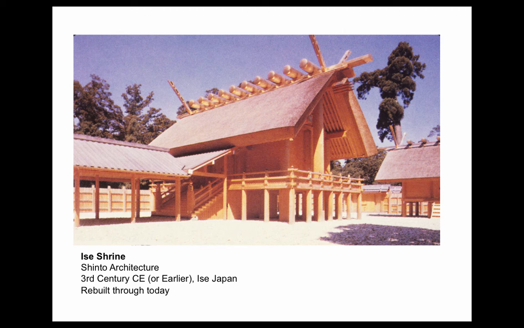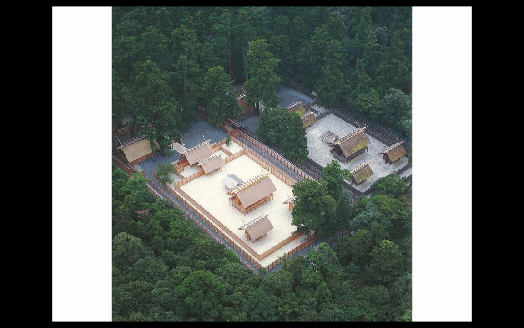And what do we observe? We observe natural materials, wood, the straw for the roof, but then it goes further than that. This building was first built in the 3rd century AD, so it's well over 1,000 years old. Now, how is a wood building going to last 1,000 years, particularly when no nails, no varnish, no paint? And the answer is it doesn't.